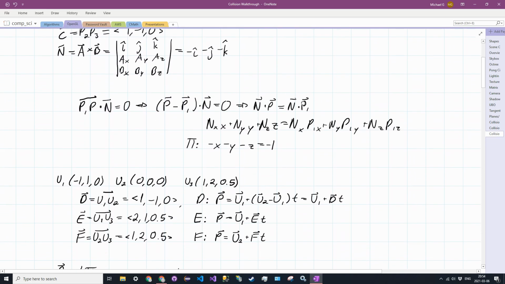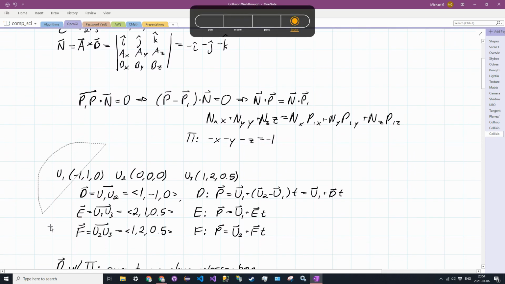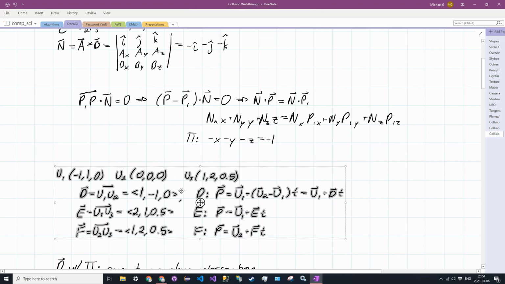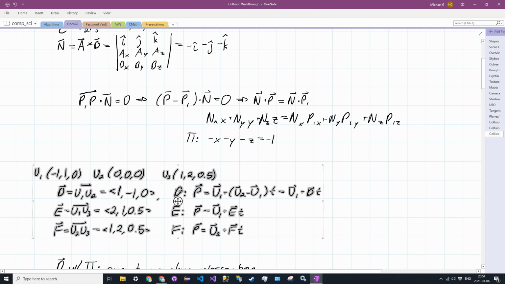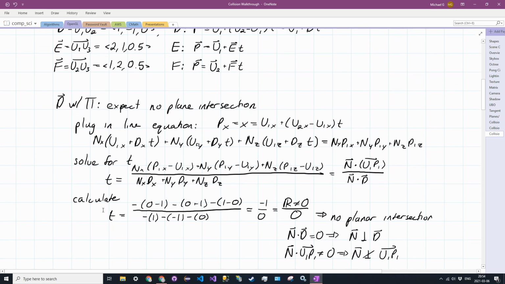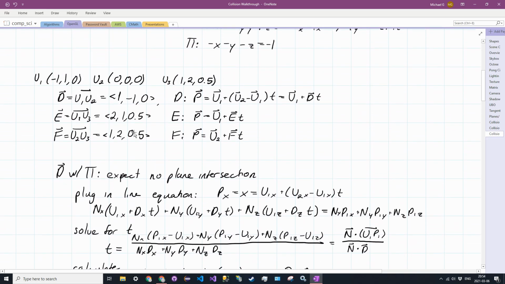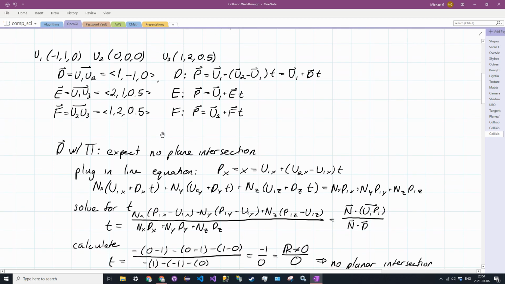Then we have another set of points here, another set of connecting vectors, and then we have their line definitions. And if we want to determine if two faces intersect, we have to look at the 3 connecting vectors of the second face and determine if any of them intersect with the face of the first